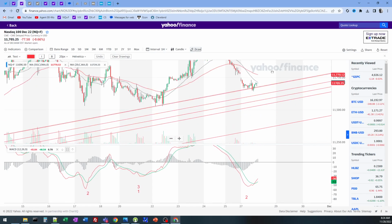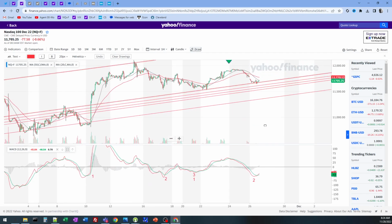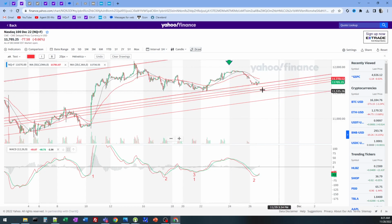If it doesn't and it loses the main channel, it still has multiple other levels to go down that would seem like it's going to crash, but all along that's still a higher low than where you initially started from. See? So I want you to keep in mind that ideally you want to keep it in the main channel, but if you lose the main channel and start getting into these sub channels, it doesn't necessarily mean the rally's over. It could just mean you're still consolidating,